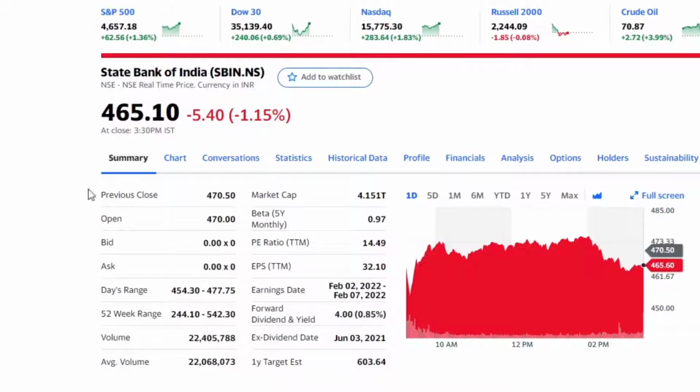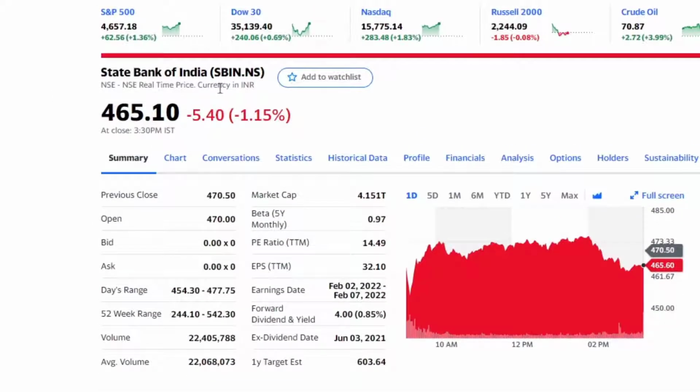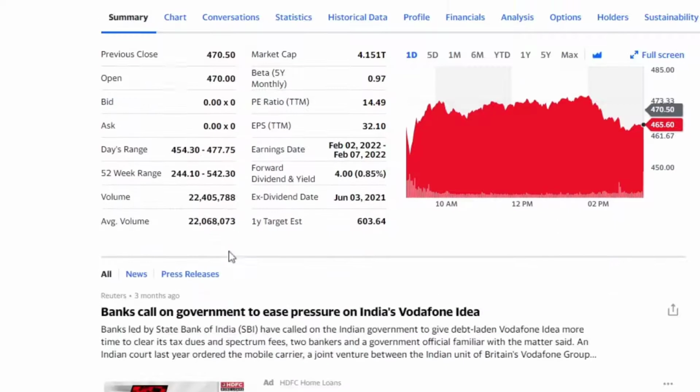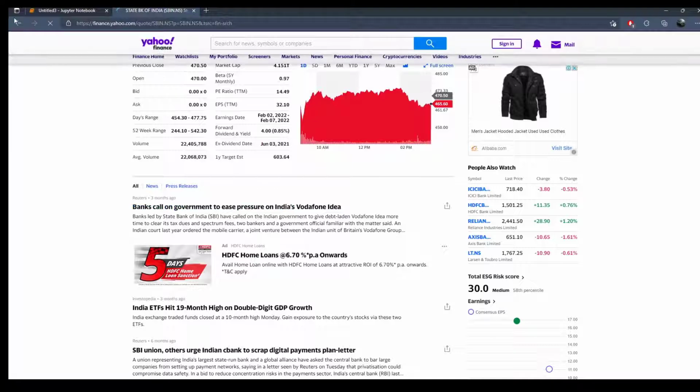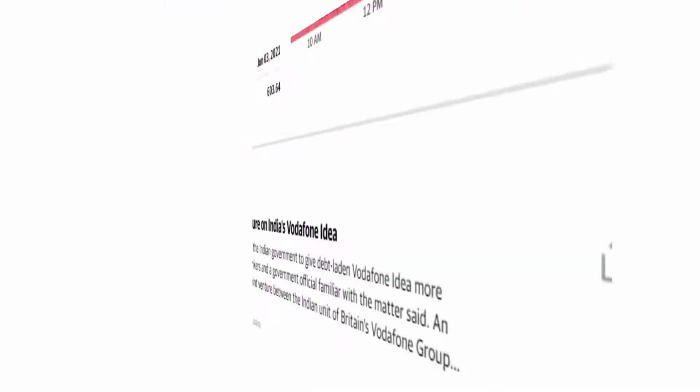You can see the data for SBI, and on this website you can observe that the code for SBI is SBIN.NS. So if we want to extract data from the National Stock Exchange of India, the postfix of the data will be .NS. So you can observe the data for SBI over here. Okay, now let's jump to the Pandas data reader and see how we can import the data.